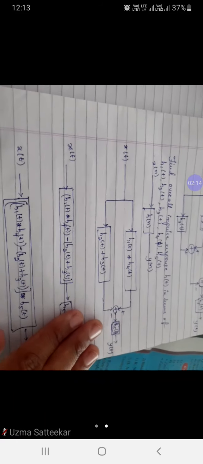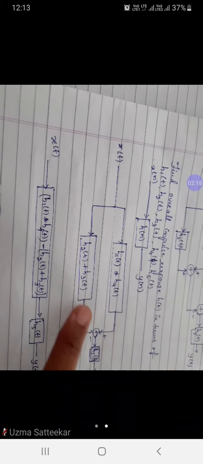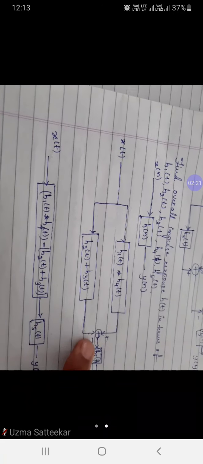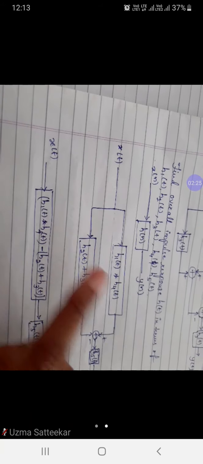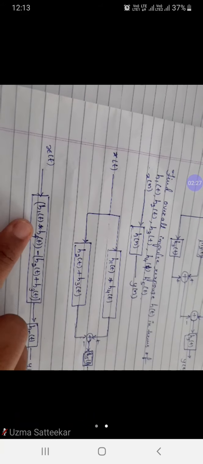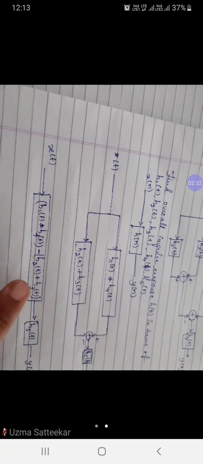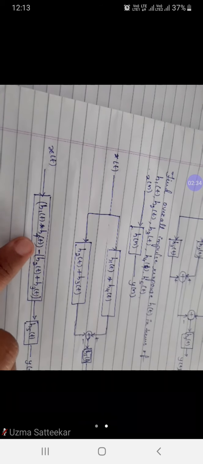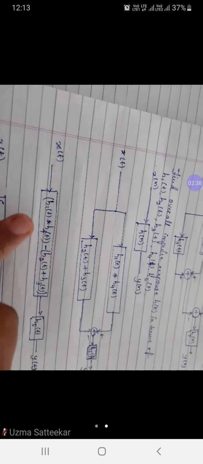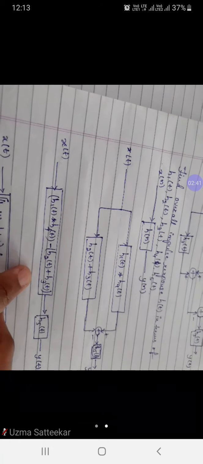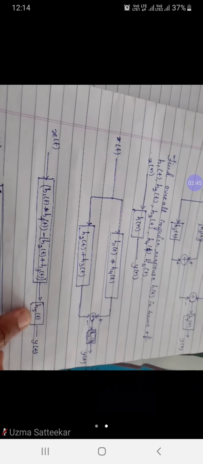Then in the next step, if you observe, these two blocks are connected in parallel, and observe here there is a negative sign, so we need to subtract it. So this is the first part. This particular impulse response is subtracted from the second one. I have added the brackets just to differentiate. Remember, always put the brackets. And this is in series with H5.